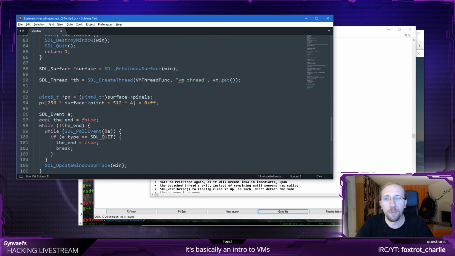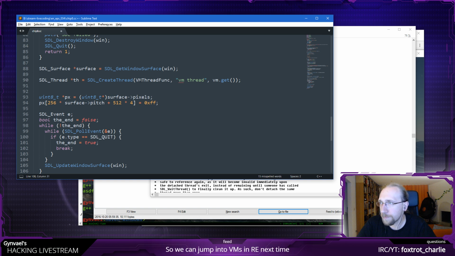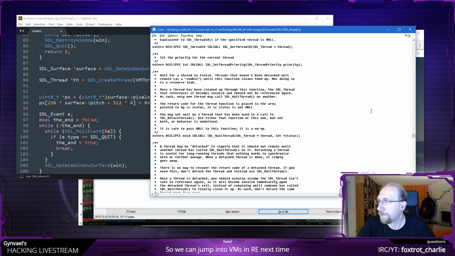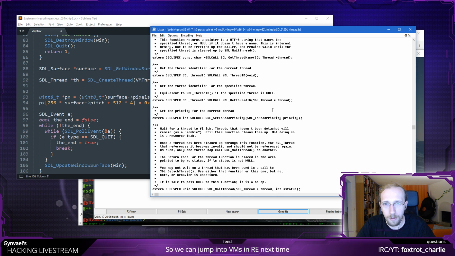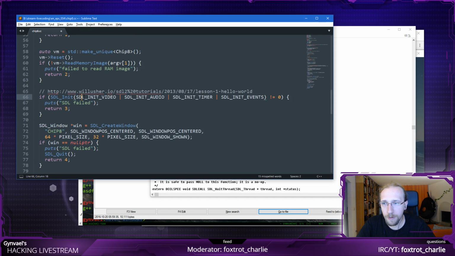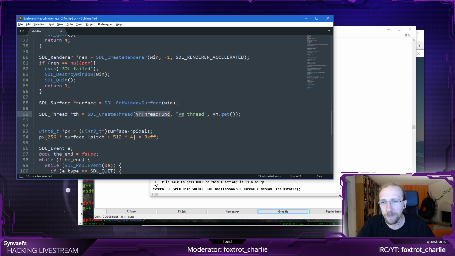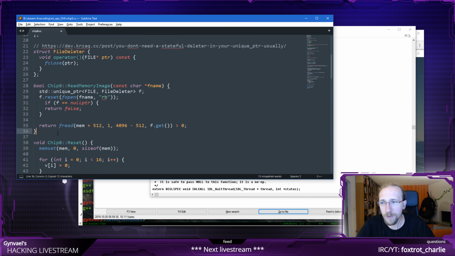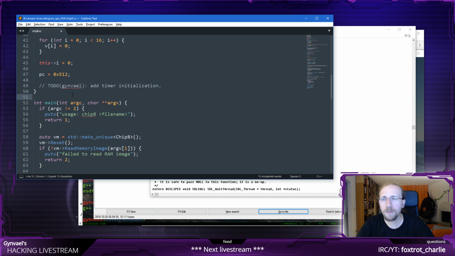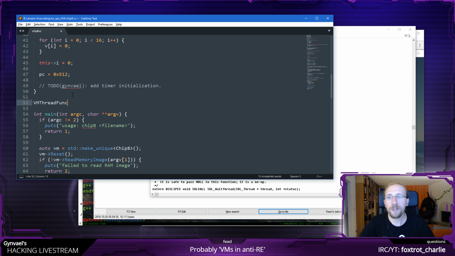I do need a way to communicate to the thread that, hey, it's time to actually exit. Okay, so now I need to actually create the thread function, right? If I were using C++ threads, I wouldn't have to be doing what I am doing now.